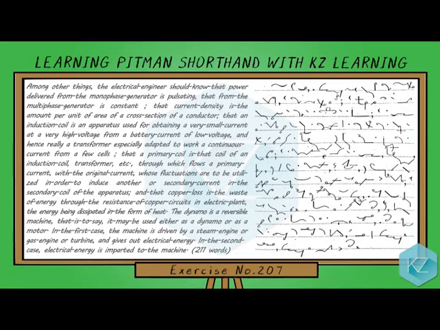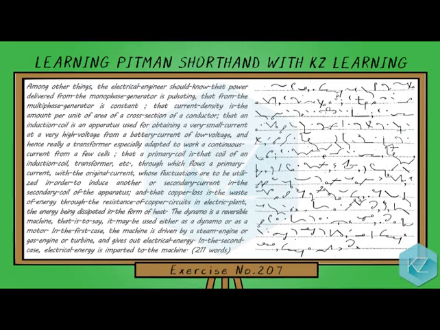Exercise number 207. Among other things, the electrical engineer should know that power delivered from the monophase generator is pulsating, that from the multiphase generator is constant, that current density is the amount of current per unit of area of a cross section of a conductor,